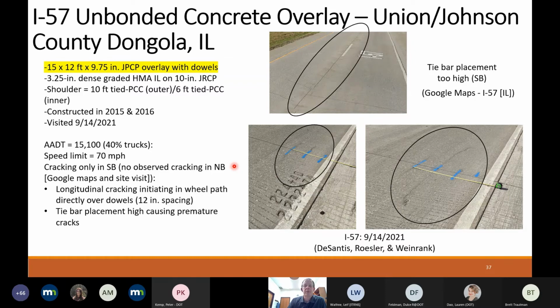One thing we wanted to do, since we started panicking that maybe all hot mix asphalt projects are showing the signs of erosion, we noticed another project built a few years ago down in southern Illinois, a jointed plane that used an asphalt interlayer. We went down to that project because we thought there was longitudinal cracking, and it turned out we did see longitudinal cracks, but they were over the dowel bars and unrelated. I believe this was a dowel bar inserter project, and it appeared that in several locations, along with some locations of the tie bars, there were some cracks happening over the reinforcement. So it wasn't a systematic problem, and this project actually was doing all right,